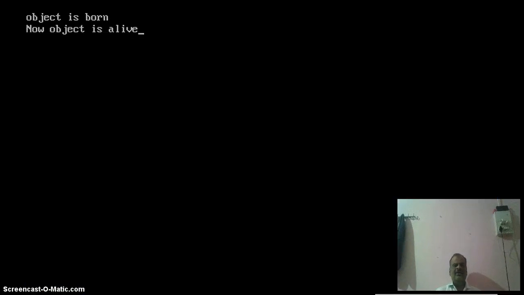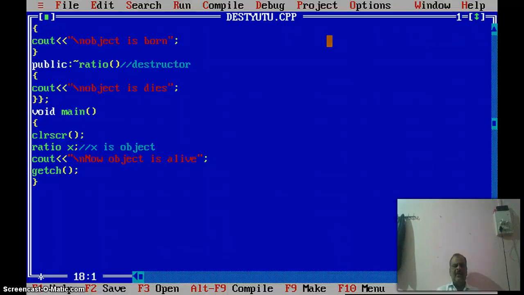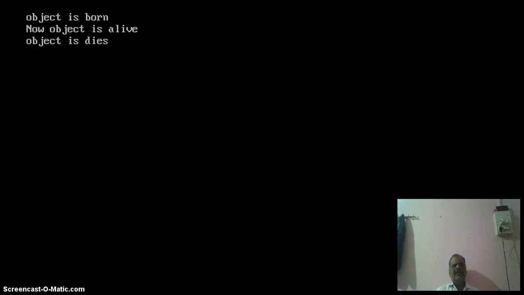Here only the constructor and the main function are initiated, and the destructor destroys the object but does not print anything. When you run the program again or press the Alt F5 key, you will see "object is dies" here.